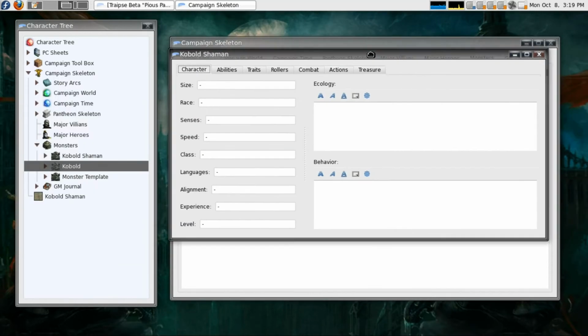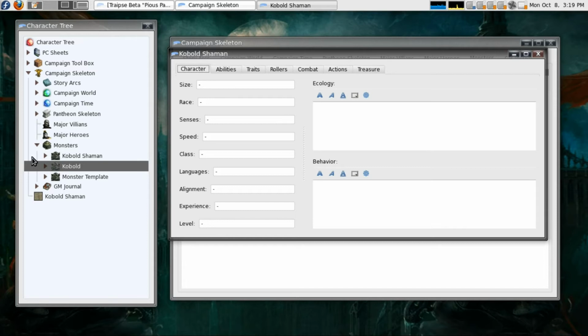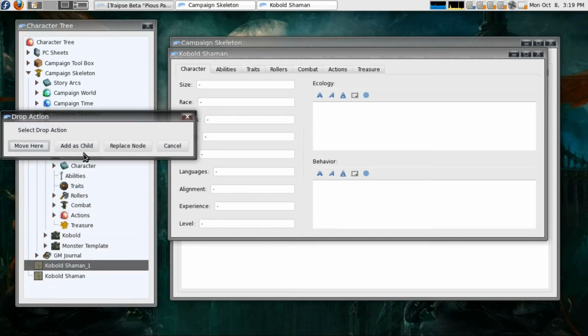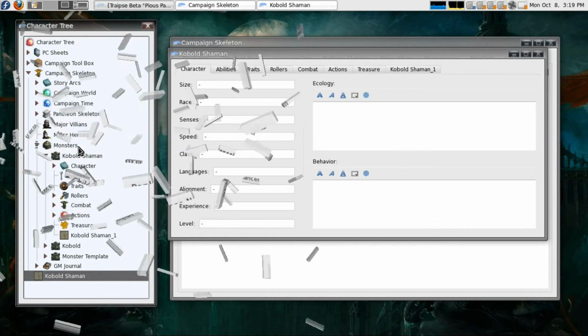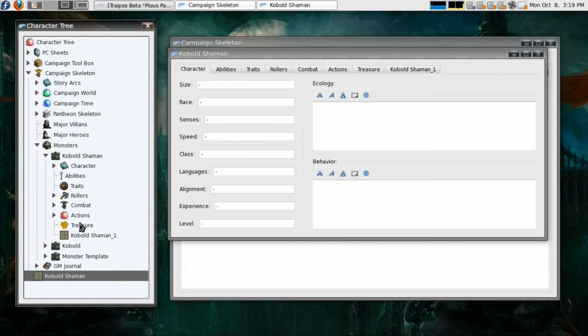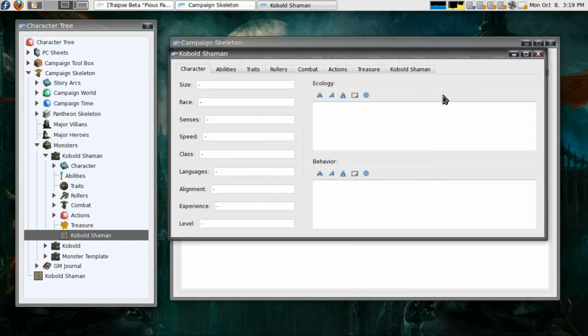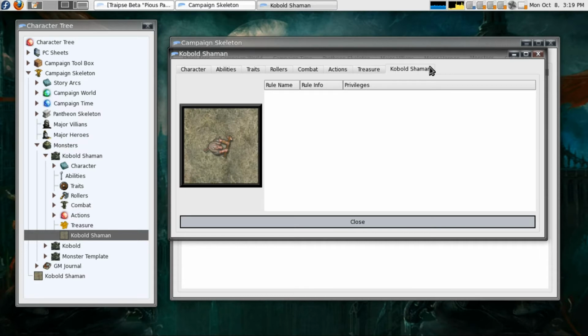So I'm going to open up the Kobold Shaman, and what I want to do is add this to the Kobold Shaman. And then I get the miniature. This will be the miniature that I want to use with it. If I want to do that, I can